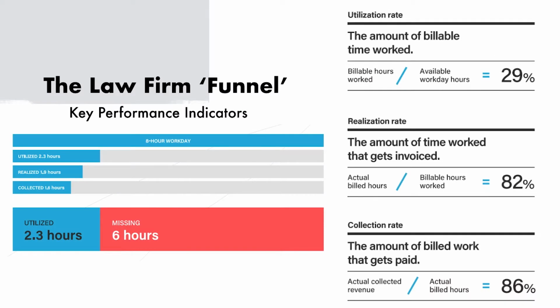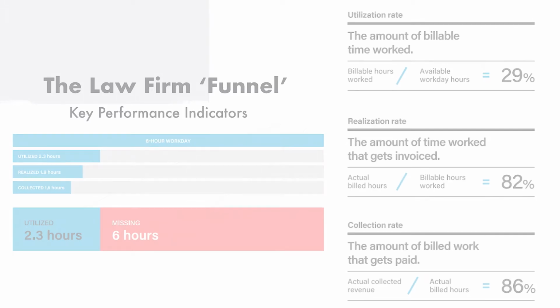The first we talked about a bit already, and that is utilization rate. This is a measure of the amount of billable time that was worked, so billable hours recorded, versus available hours in the workday. It's a statistical estimate. We don't actually know how many hours everybody can work in a day or how many hours they choose to work, but we structured it around a 40-hour work week, so 8 hours a day, 5 days a week. We compared that against the survey results where we asked people how much they work, and of course there's variability, but the benchmark came in right at 8 hours.